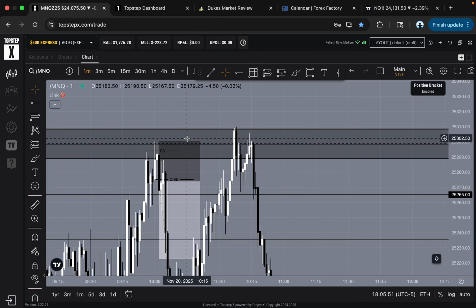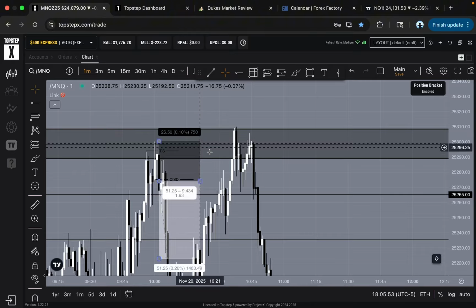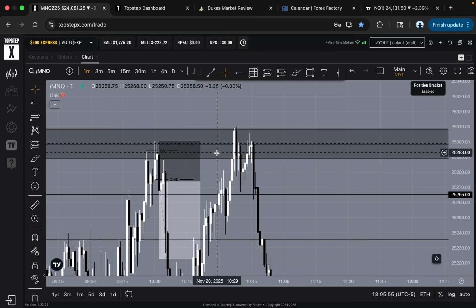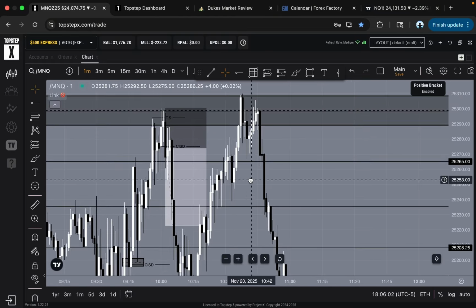So this is my entry right here. I put my stop at these highs. I think it was like a 480 risk. Perfect risk. I want to be risking $500 a day, no more than that. And I targeted